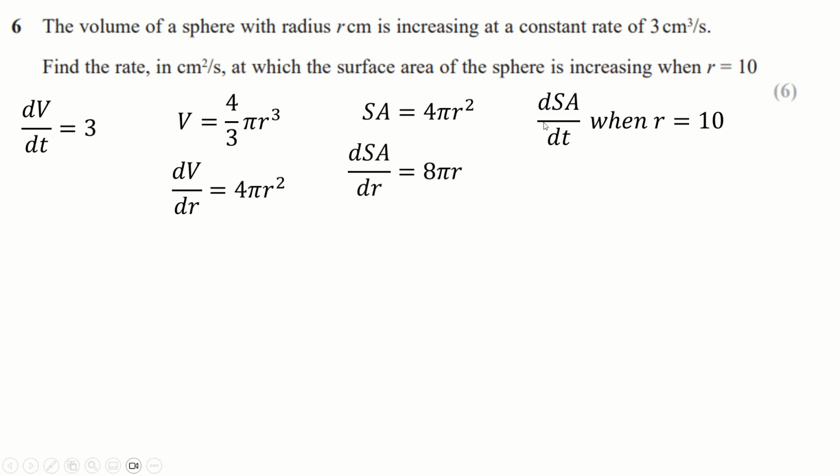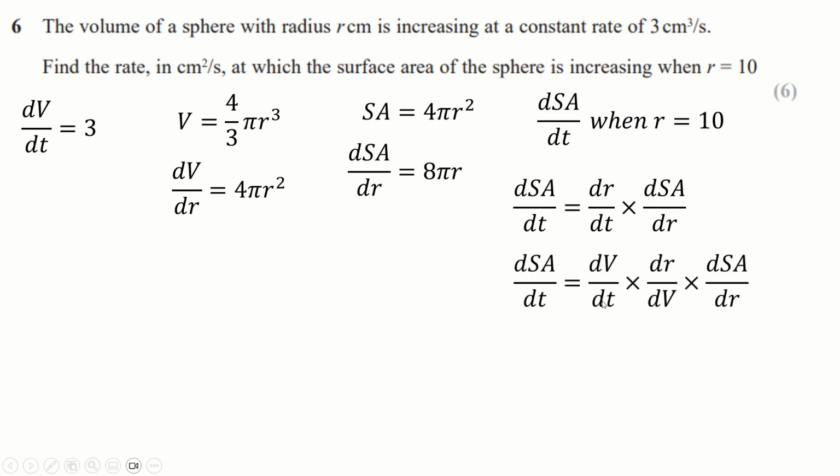And now I want dSA by dt, and I think I can very intelligently get that with all of this stuff, because I could write dSA by dt as dr by dt times dSA by dr. These dr's would cancel and just leave me these two terms, so that's going to be the same thing as this. Right, so that's the first thing I'll do. Now this isn't that helpful because I don't need to know dr by dt. However, I think I can also write dr by dt as like